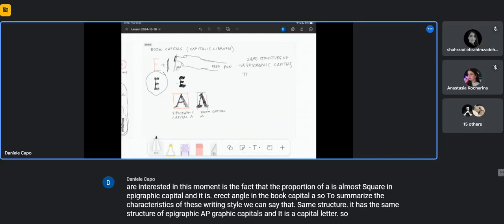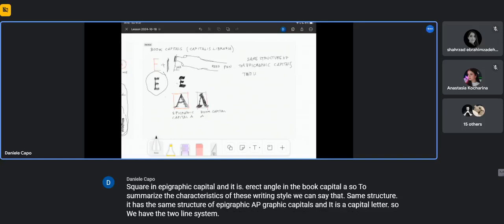So we have the two-line system. But we also have a different writing angle. And letters are now